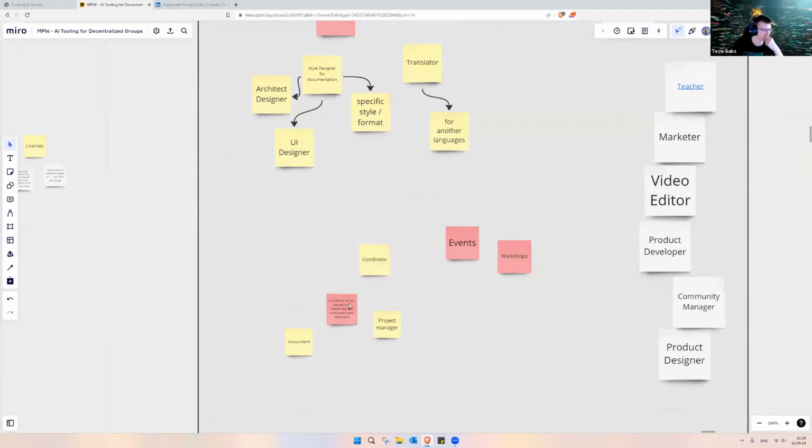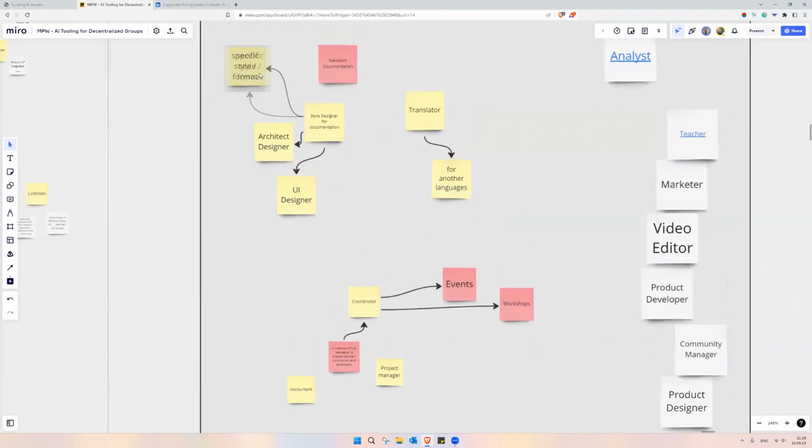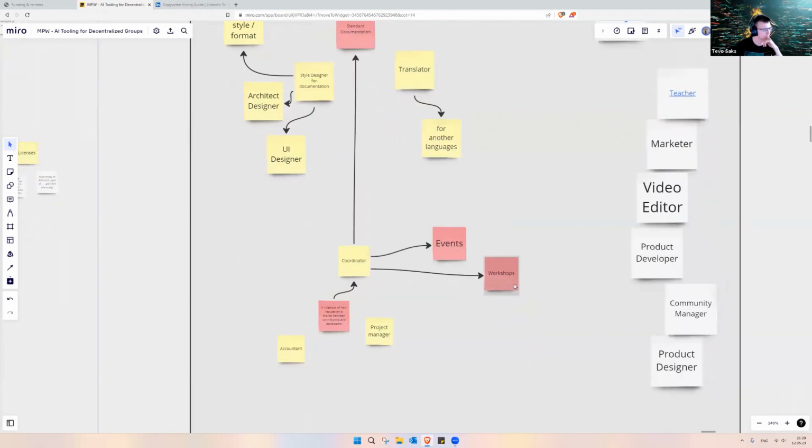Yes, correct. Previously, we thought about the coordinator as somebody who is managing these teams together, to coordinate the tasks and activities and what parts of documentation they're doing. But again, I think you're totally right that they are also part of coordinating events and workshops. Yes, so a coordinator will be quite a big role in all of this.